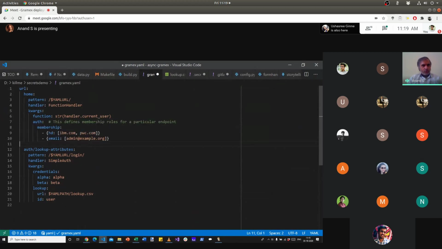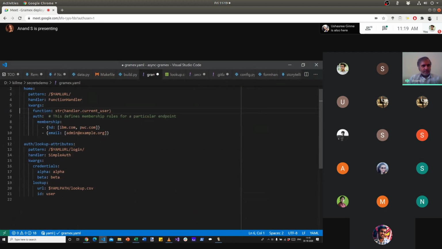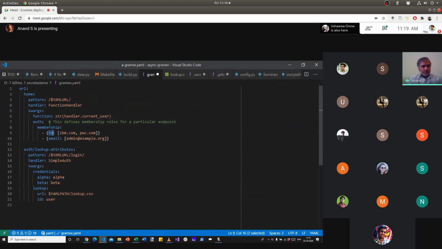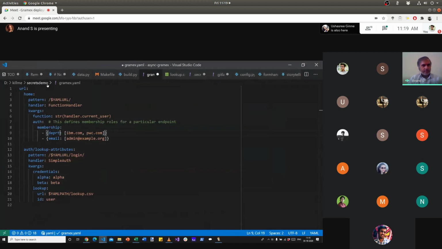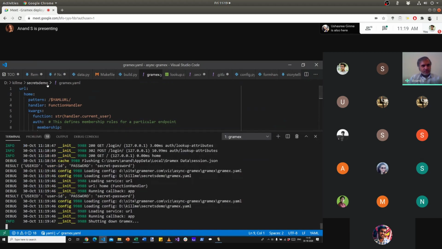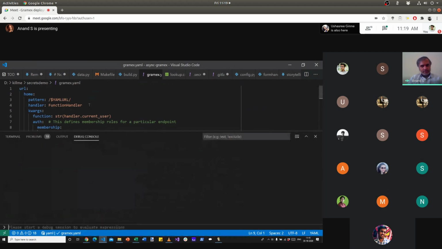The home page can only be accessed by, let's say, role, was it? Department. Department can be only, let's say, manager and admin. We don't have that role yet, but that's our restriction. If we add this restriction and restart Gramex,